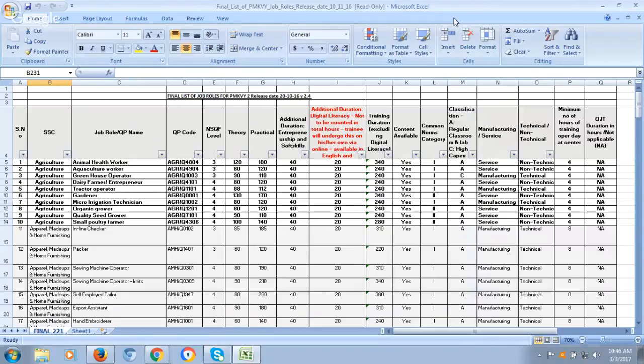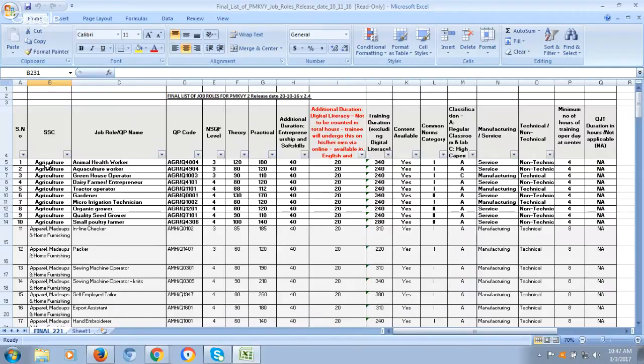So again, I told you, every Sector Skill Council has put certain job roles in Prime Minister Kaushal Vikas Yojana. Okay, so it will be available. So, for example, this is agriculture. SSC means Sector Skill Council. For example, in Sector Skill Council agriculture, 10 job roles are for PMKVY. PMKVY is